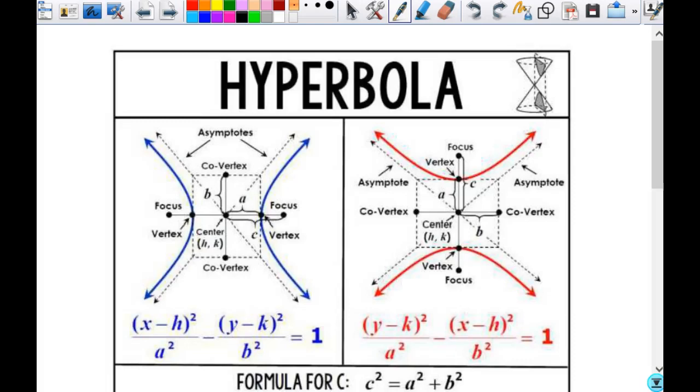Right, so I talked to you very briefly at the beginning of this about the fact that these are conic sections, and they are sections of a cone when a plane slices through the cone and gives you a cross section. So we talked about circles, and that comes through parallel to the base. We talked about ellipses, right? This is when it comes at an angle, but greater than the slope of the generator line,